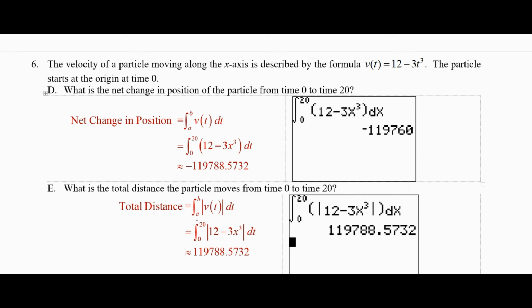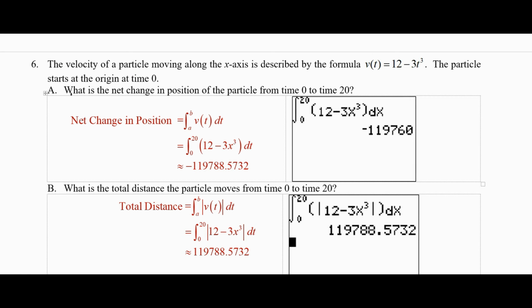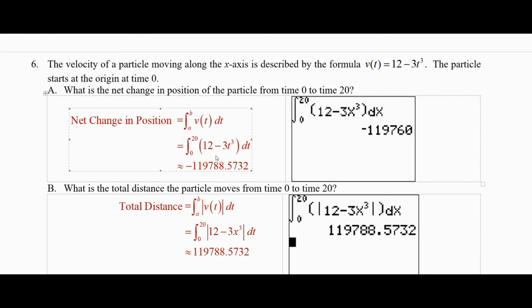The velocity of a particle moving along the x-axis is described by this particular formula. V of t equals 12 minus 3t cubed. The particle starts at the origin. What do we get here for the net change in position? Well, the net change in position is just the integral of the velocity. Here I changed, let's see, it's got an x, it should say a t there. Okay, and so the integral from 0 to 20 of 12 minus 3t cubed, here I did it on a calculator and got